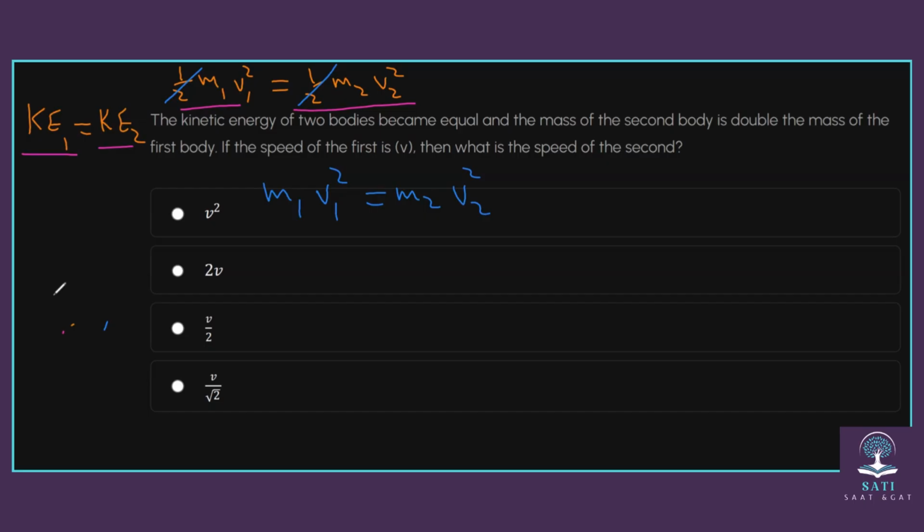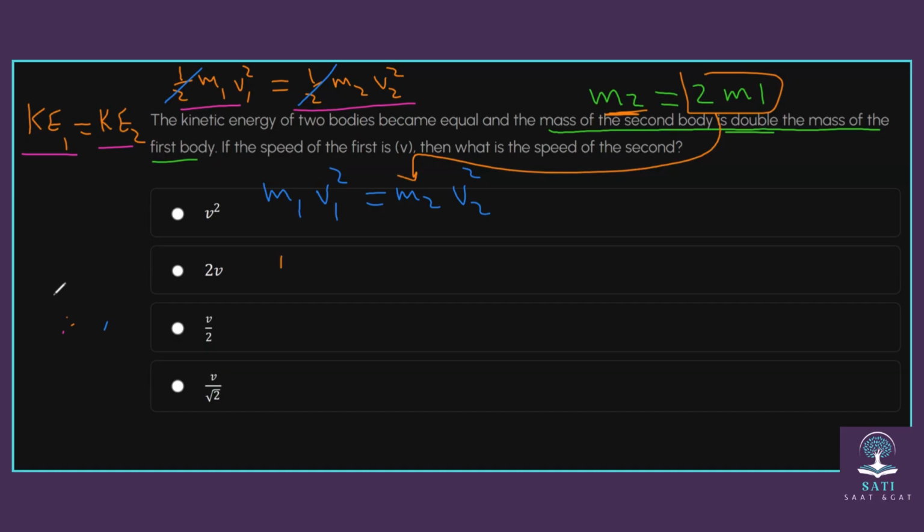Now we continue reading. Then they said the mass of the second body is double the mass of the first. How can I transform this text into numbers or equations? Mass of the second, m2, equals double, that means twice the mass of object number 1. So m2 equals 2 m1. Now we put this instead of m2 here, then I'll get m1 v1 squared equals